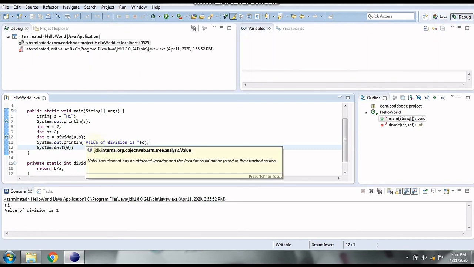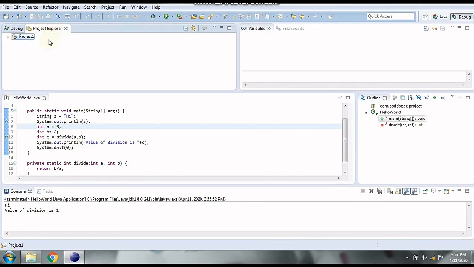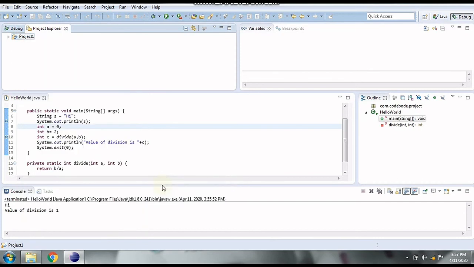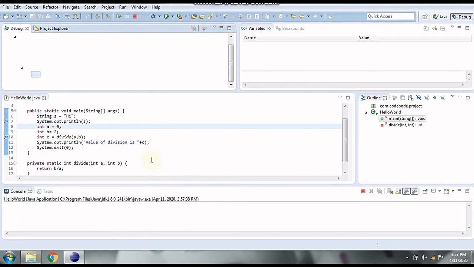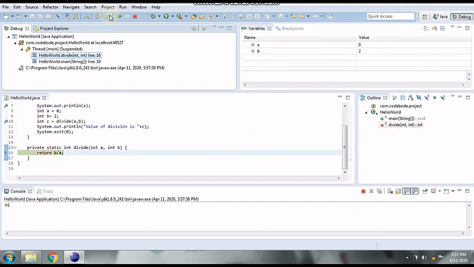So what if some error comes for some other input? So I'm just going to change the input of A to 0 and see if any exception is thrown and how it can be found out through debugging. So I'm going to the project and click on Debug As Java Application. So here our first debugger has come. We'll press F6, again F6, F6. So the program is going properly up till here. Then I'll go to F5 and go inside the method.